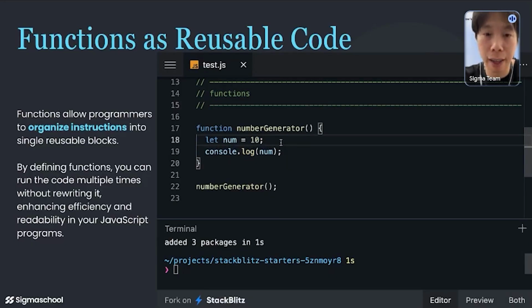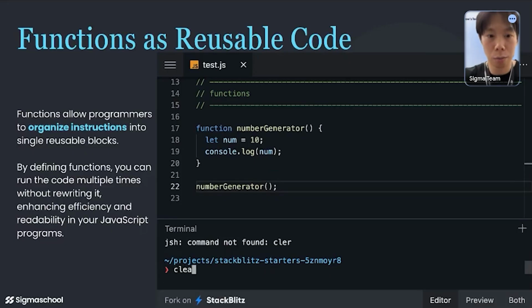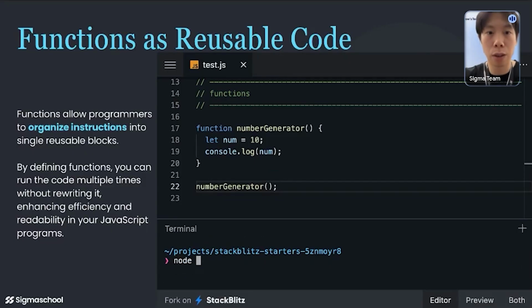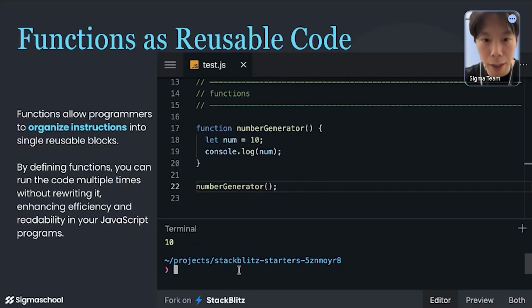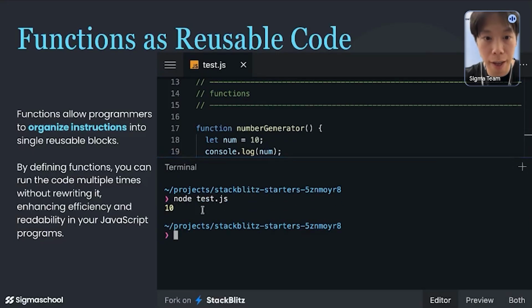In this case, the code creates a variable num and assigns the value 10 to that variable, and then it logs the value into the terminal. So let's save this and run this code. If I run this code, it would show 10, right?